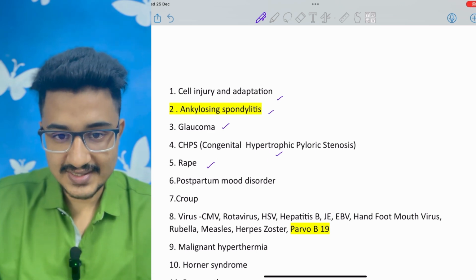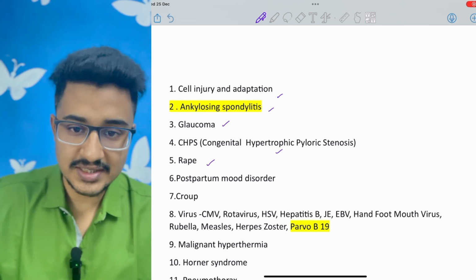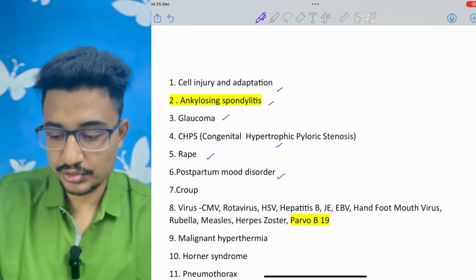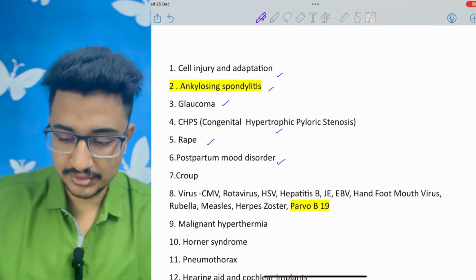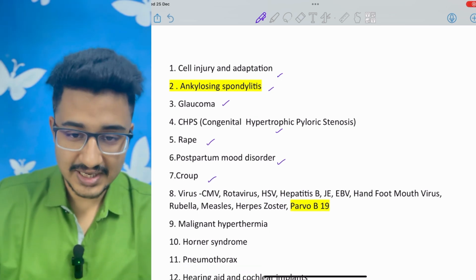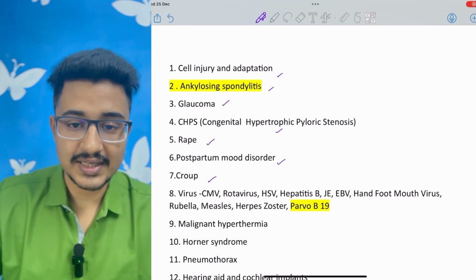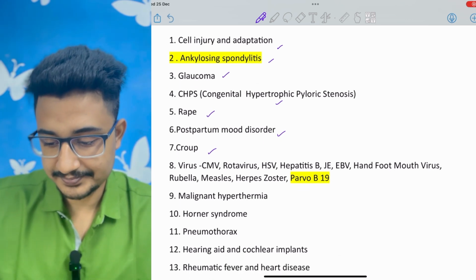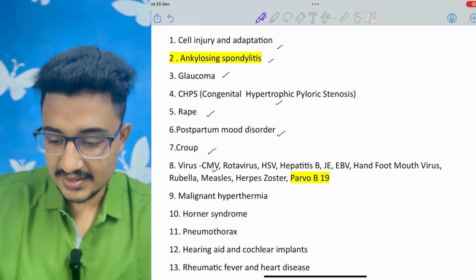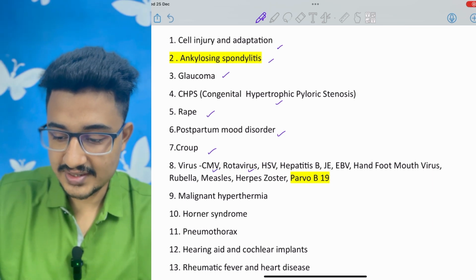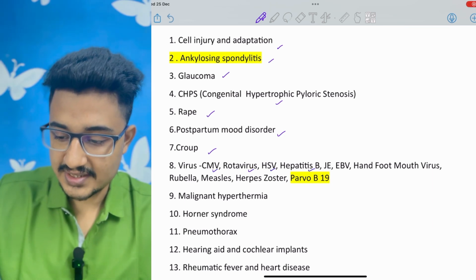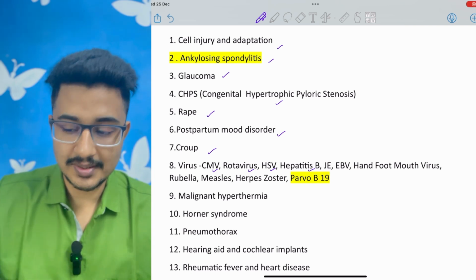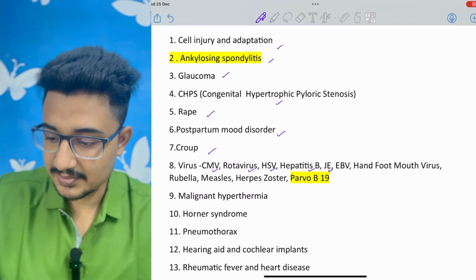Now PNS has come, and the test for determining rape, postpartum mood disorders, the three types you all know, croup, management and caused by the virus, or the clinical scenario is given and you have to identify it is croup only. In viruses, CMV multiple times asked, rotavirus vaccination also, HSV, hepatitis B, the markers, JE has been multiple times